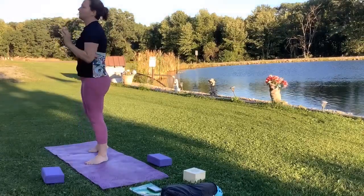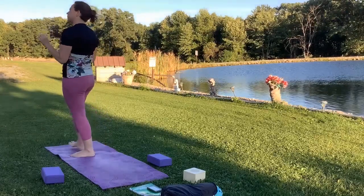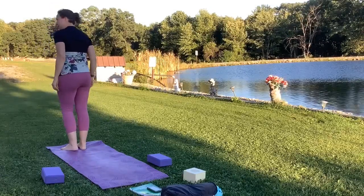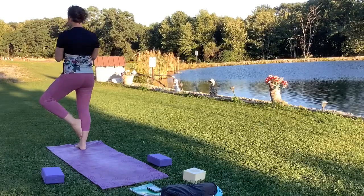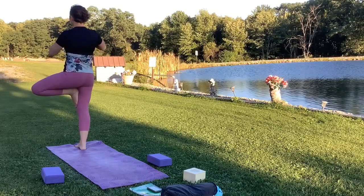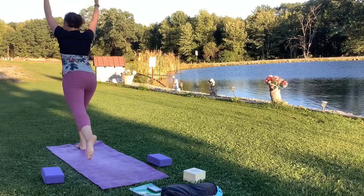So now we're going to put that together like that sequence that we've been doing. So we have this little balance sequence we've been doing to get going. So we'll start on the right. We'll bring all of our weight into the right foot, lifting the left heel, coming into whatever version of tree you're comfortable with. If you want to come up to the thigh, you can do that. Inhale, see if you can lift the arms overhead, and exhale, you step that left foot back